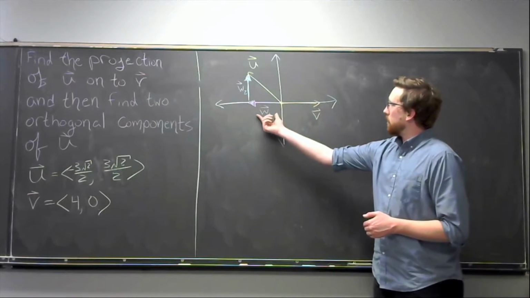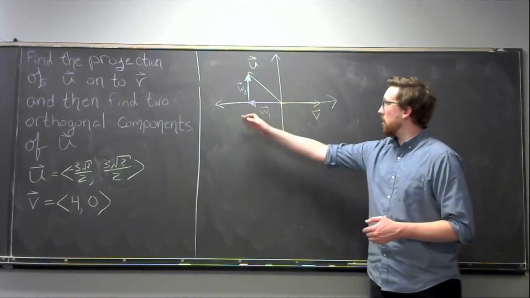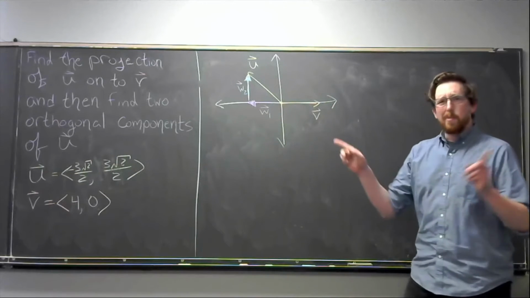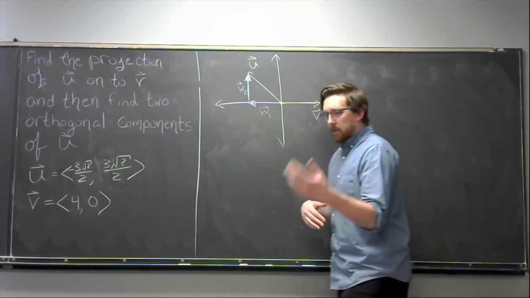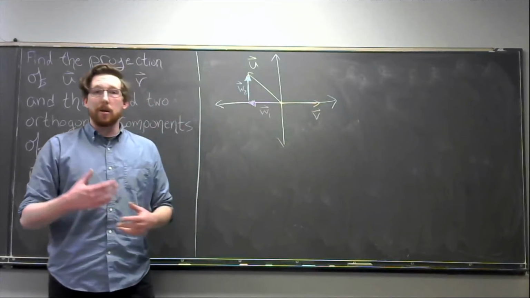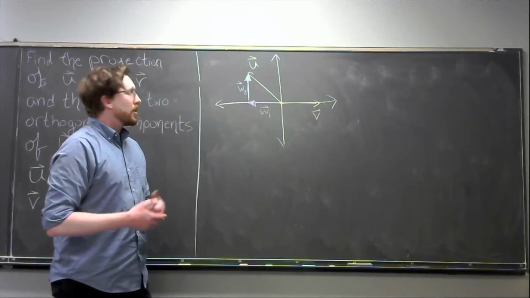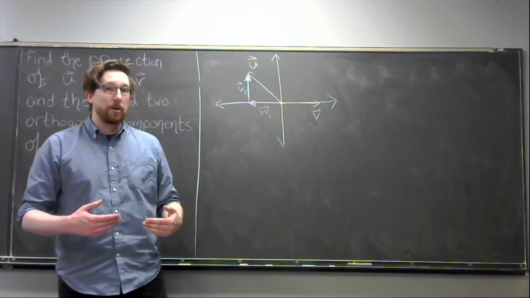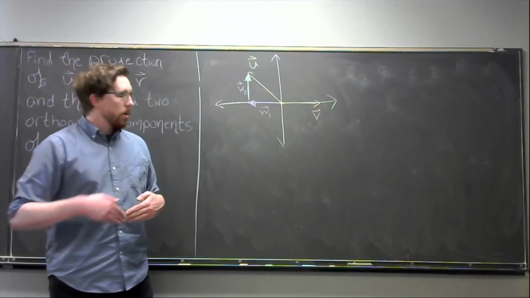So in this case, we've got W1 and we've got V. They lie along the same line. That's pretty obvious, right? But they're pointing in opposite directions. Because of ambiguities in language and the different vernaculars that we all use, it might sometimes be said that these two things are in the same direction. But again, really all we mean is they lie along the same line. Having said that,